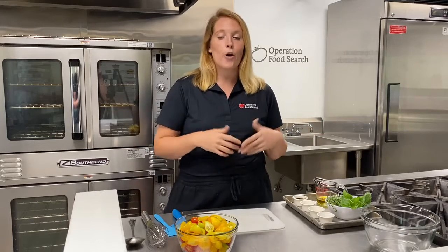Some of my favorite ways to use them are actually just to roast tomatoes. I line them on a baking sheet and roast them at 375 or 400 degrees for 30 to 40 minutes until they start to blister or even caramelize. That's going to bring out some natural sweetness in those tomatoes, and you can use them to make your own marinara sauce or even start a soup. Some other ways I like to use them, I might chop them up for a fresh salsa